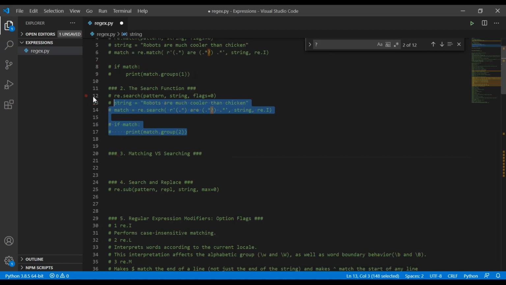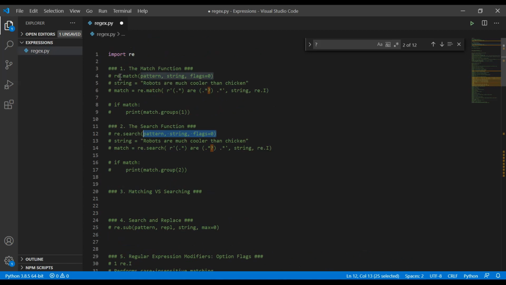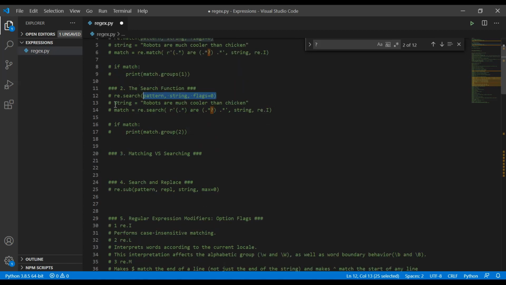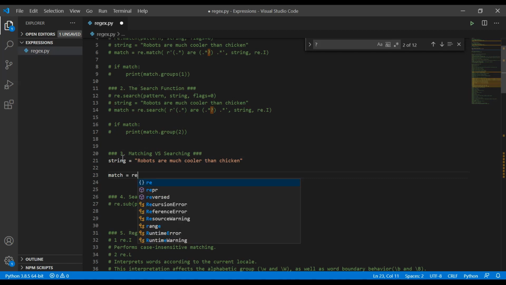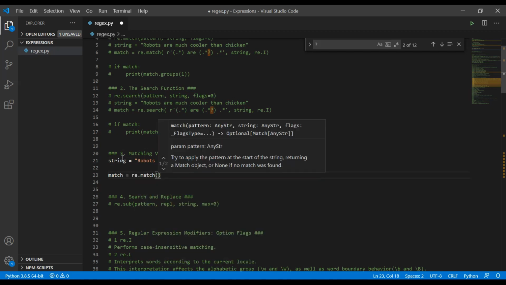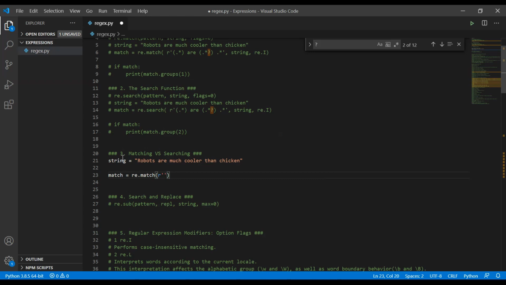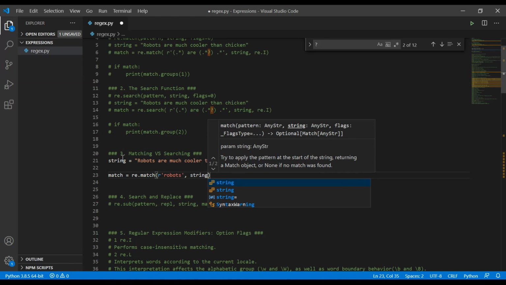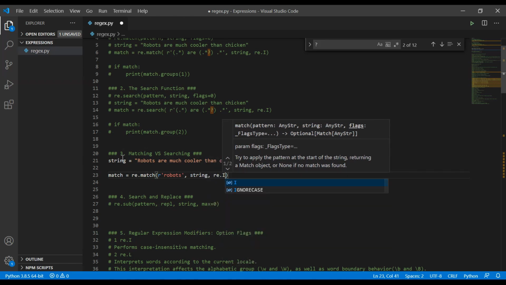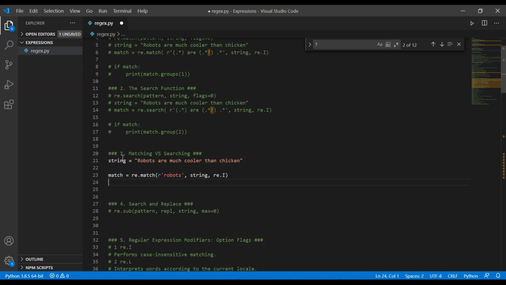Let me comment this out here. Let us first copy our string. So this is going to be our string here. Now we are going to have a match, which is equal to re.match. Again, we are using a raw string. In this case, we wouldn't really need to use a raw string, but let us still stay consistent here for our string, and we are going to ignore cases. So if we found a match,